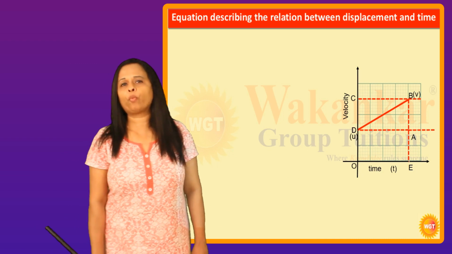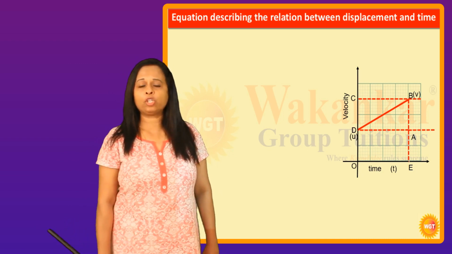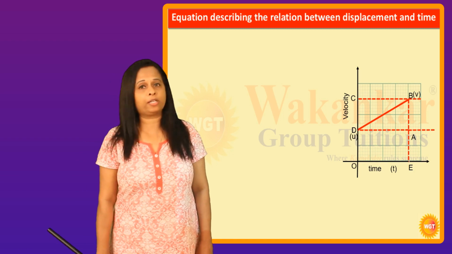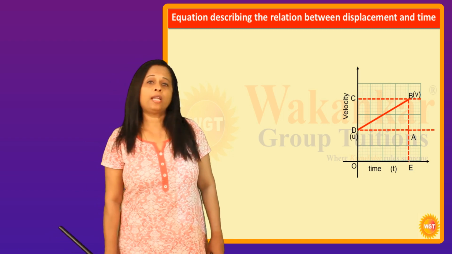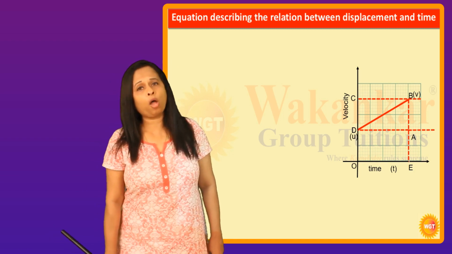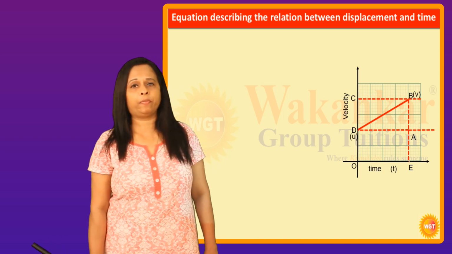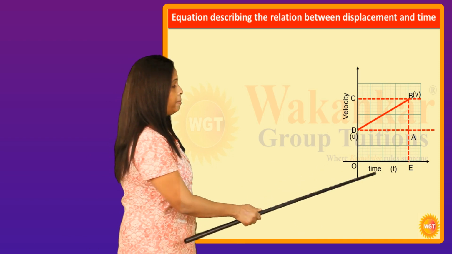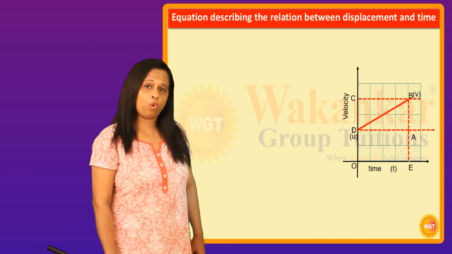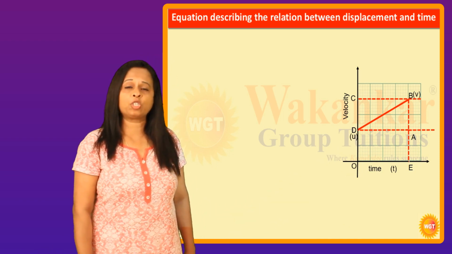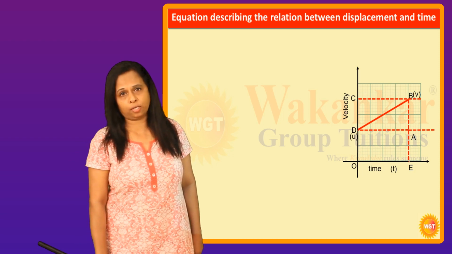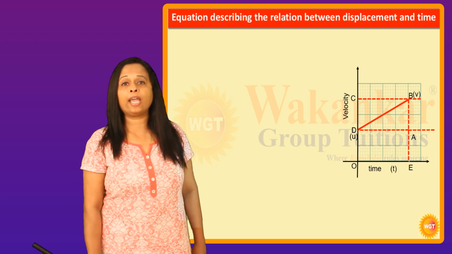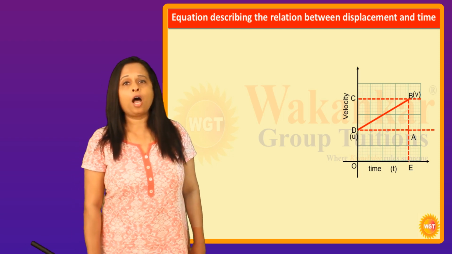Now in the second equation of motion, we need to find out the distance travelled by the object during time t. In higher classes, you will understand one concept, that when you talk about a velocity time graph and want to find the displacement of an object, you take the area of the enclosed figure